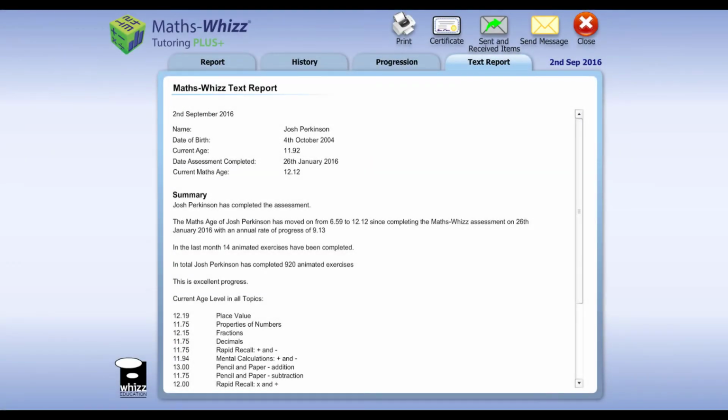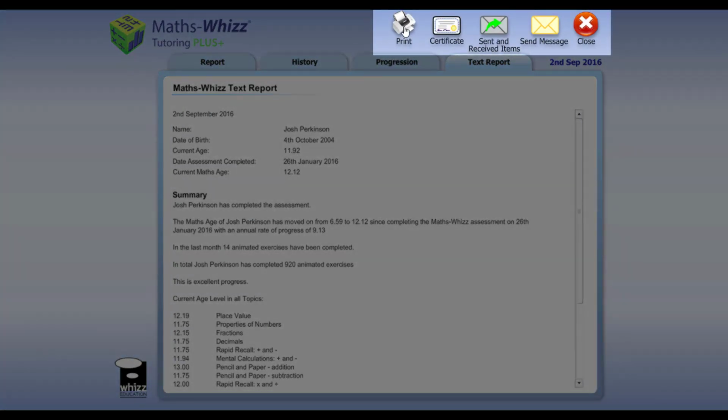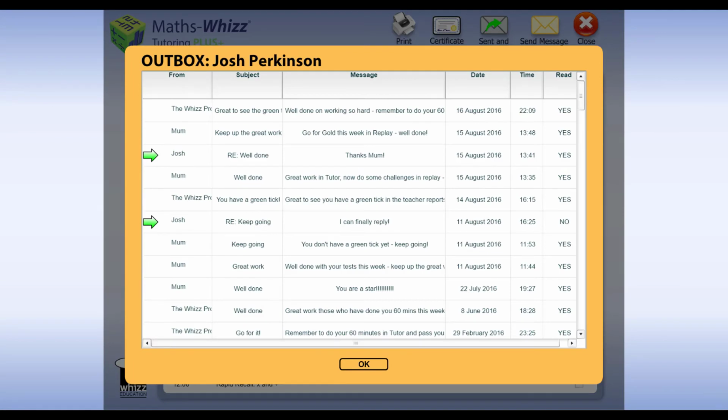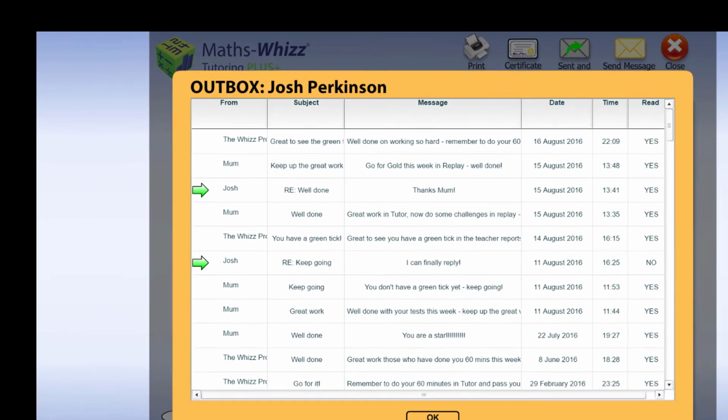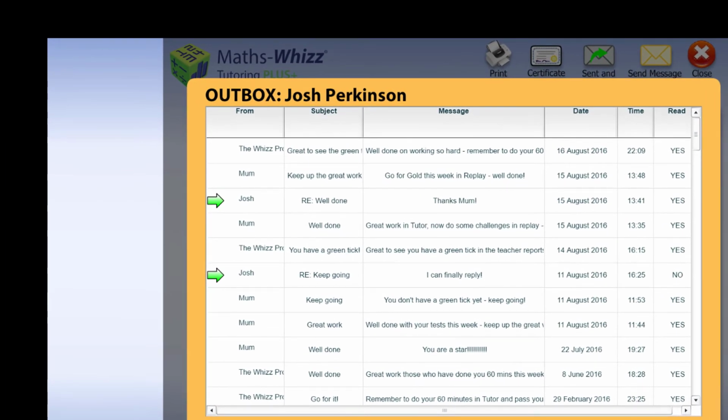From here you can print any reports, generate a certificate, send your child a message, or have a look at all of the previously sent and received messages. Your child also has the ability to message you back, a great way of keeping them engaged in the learning